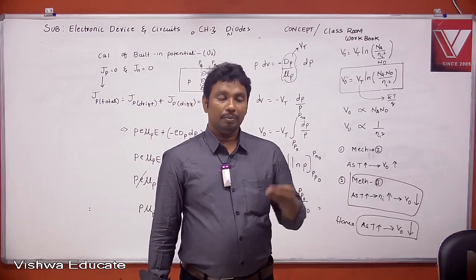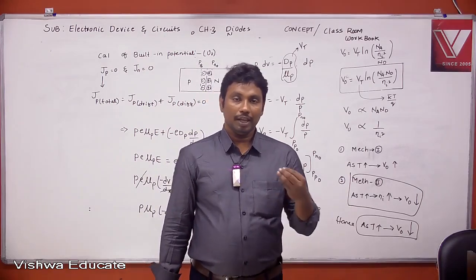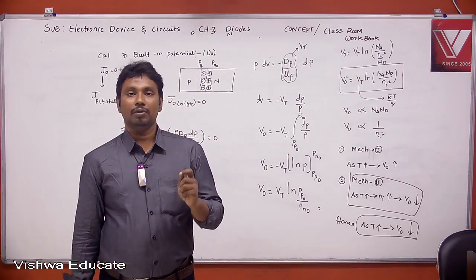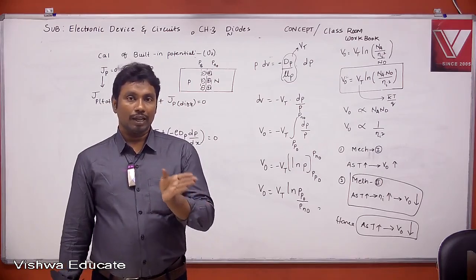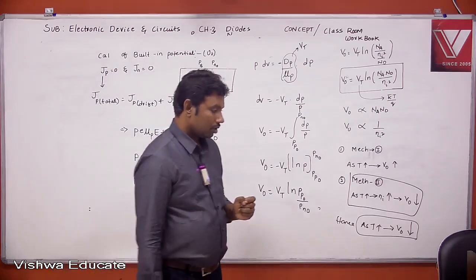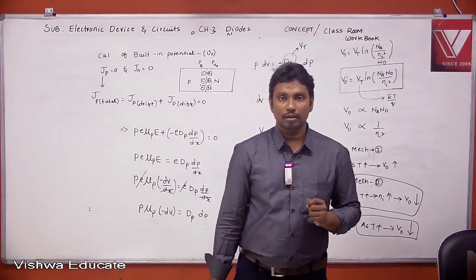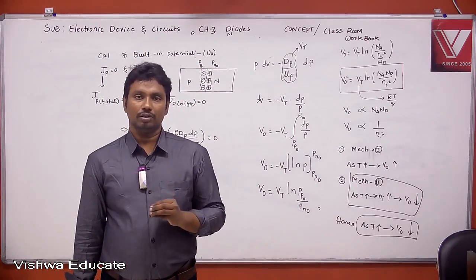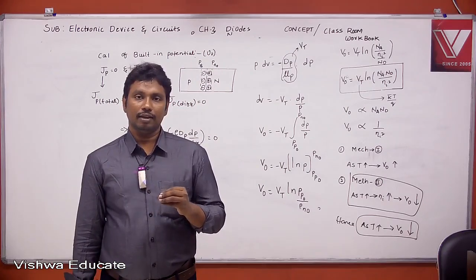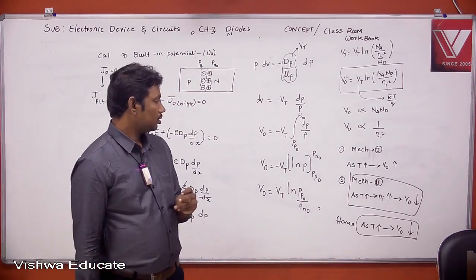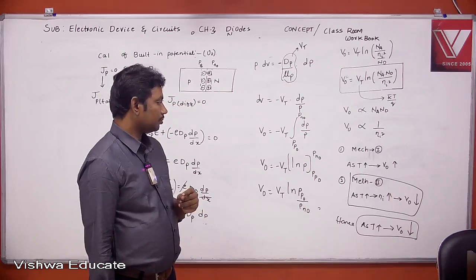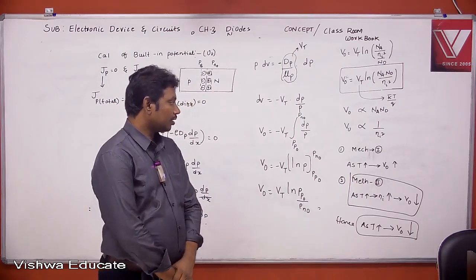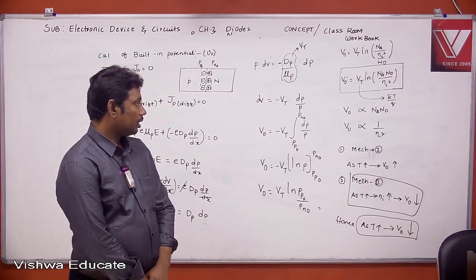Write down. In a PN junction, the built-in potential depends on both carrier concentration and intrinsic concentration, right? Yeah. Next,